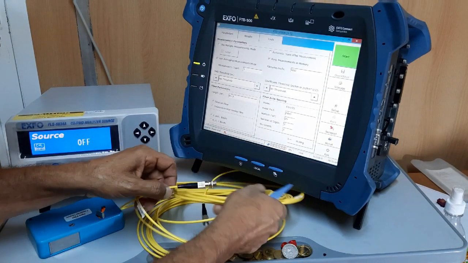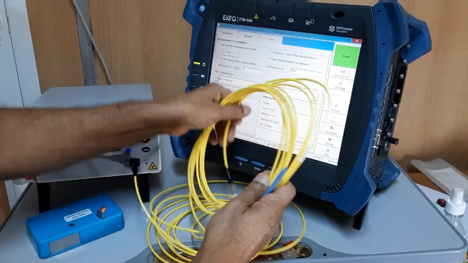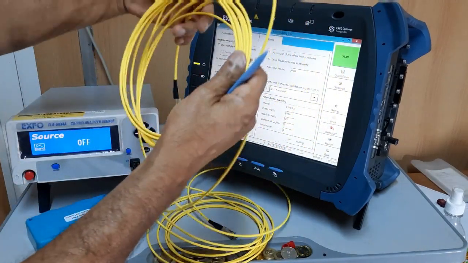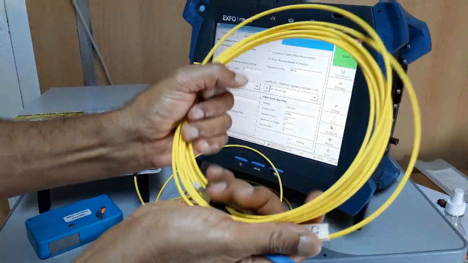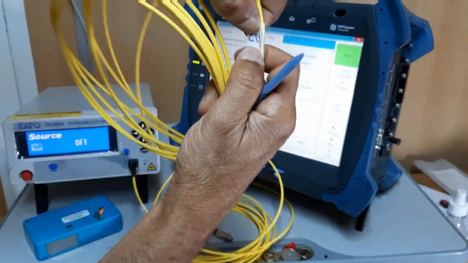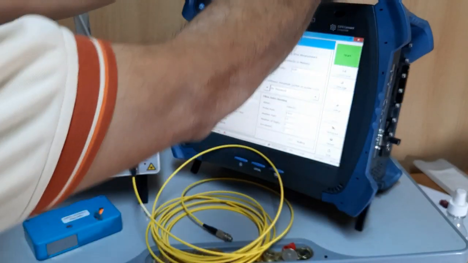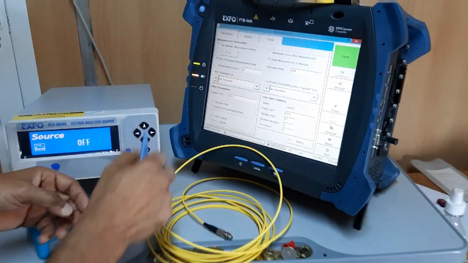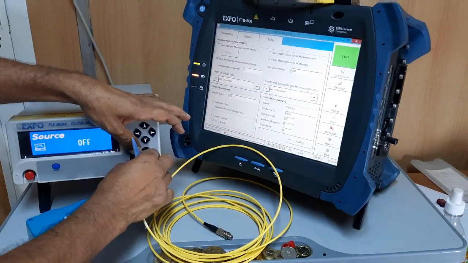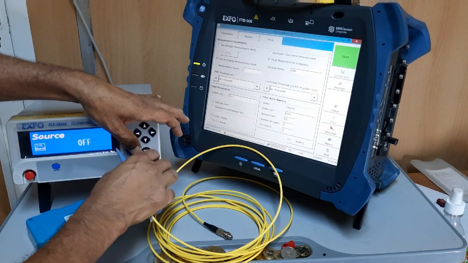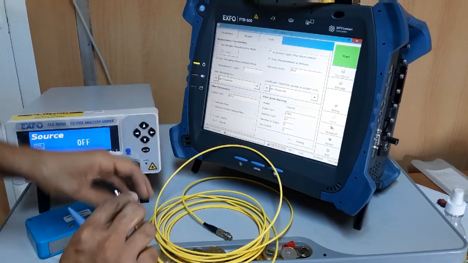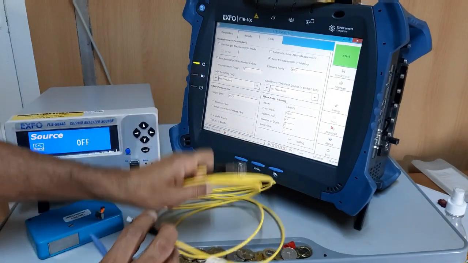This patch cord we have to use with CD; it is written over here, CD. Then the CD analyzer, and we can remove this one also, because this laser is off. Remove this one, close the protective cap.